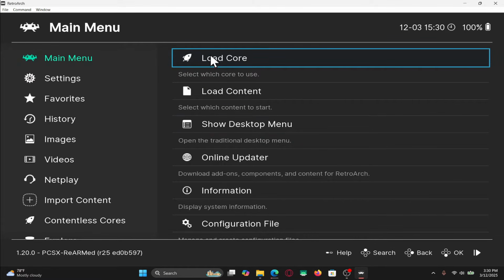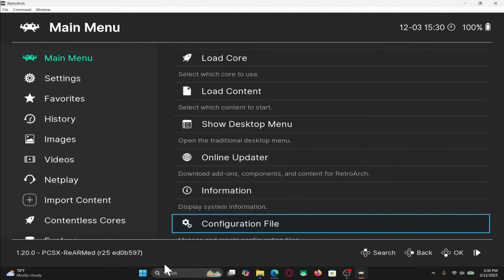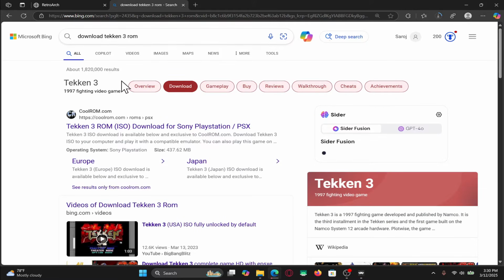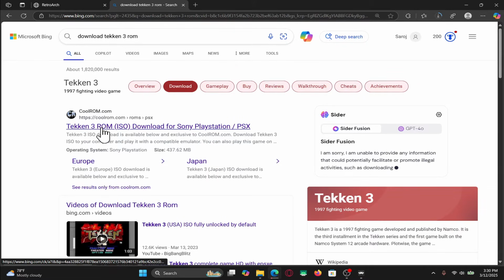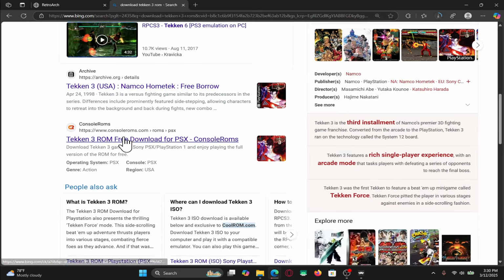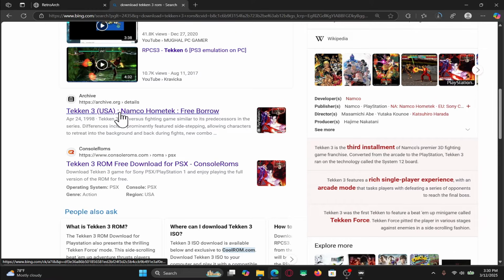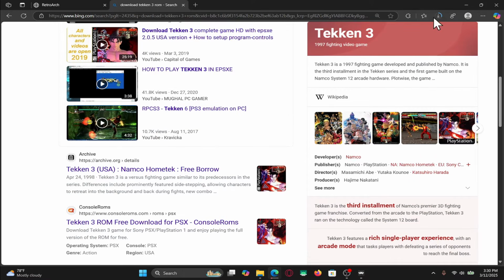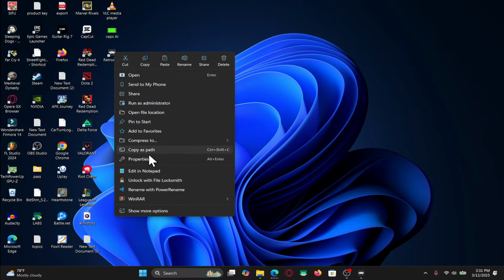And once the PlayStation Core has been loaded, all that's left to do is to download the game. Now if you simply do a quick search on any search engine for Tekken 3 ROM, then you will find a list of various different ROMs. Just download the ROM from your trusted site, and once it is downloaded, just right-click on the RetroArch application and